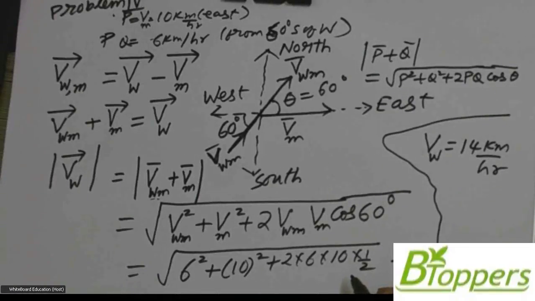Of course, in the problem I have given, I have just asked you to find the magnitude of the actual velocity of the wind. So therefore, the solution of the problem is completed. But sometimes you can be even asked to find the direction of the actual velocity of the wind. In that case,